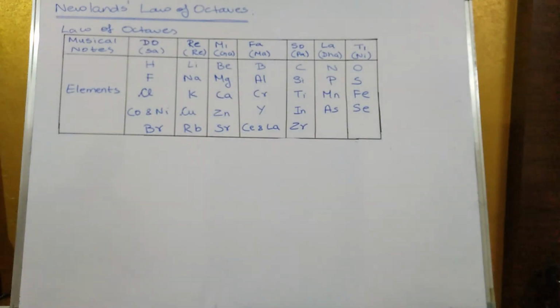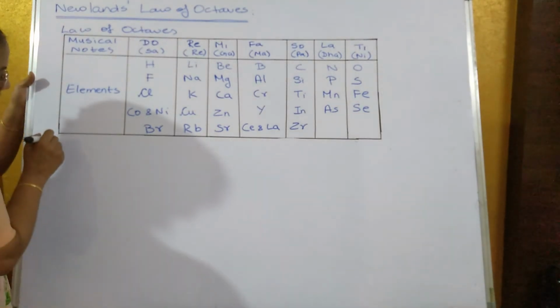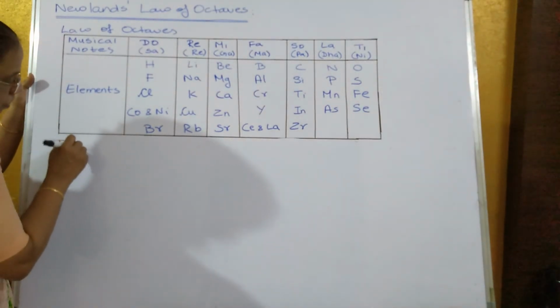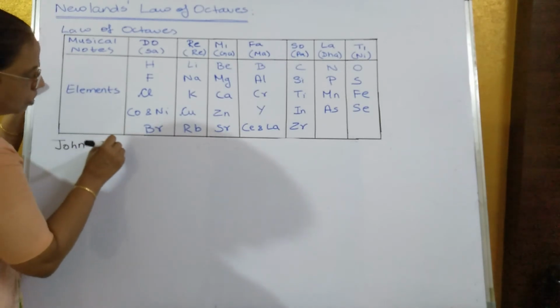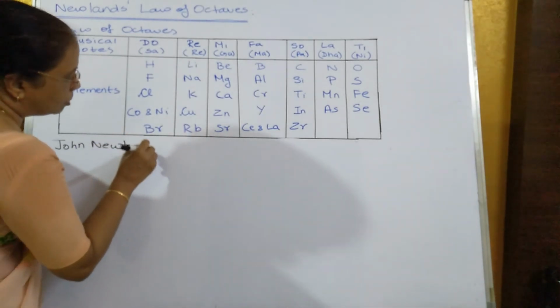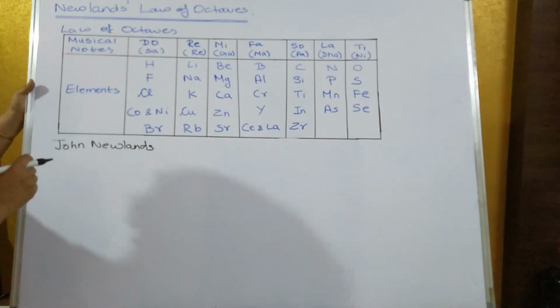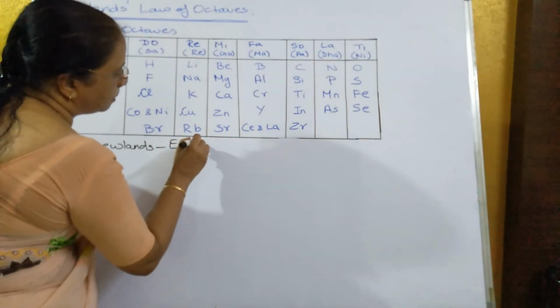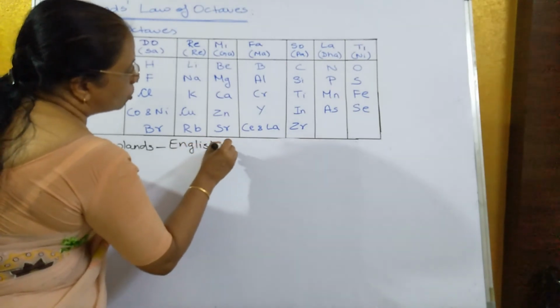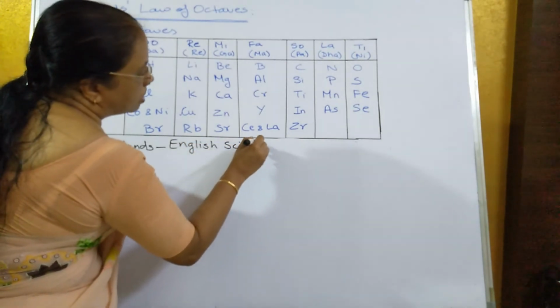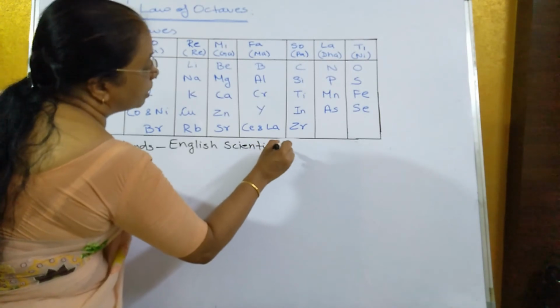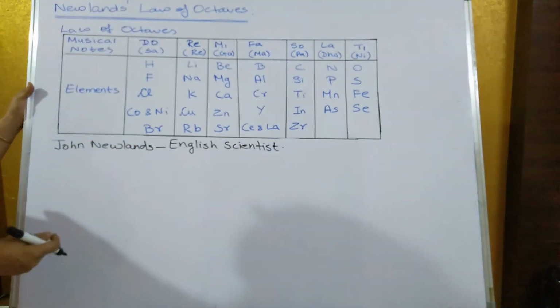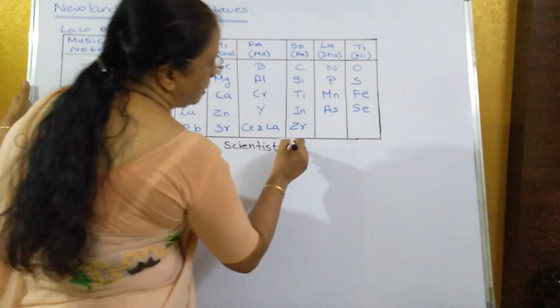Now the next scientist to arrange the elements, his name was John Newland. तो जो अगला साइंटिस्ट जो था जो अरेंज किया इन एलिमेंट्स को, उसका नाम था जॉन न्यूलैंड. He was an English scientist. He also related the atomic mass of the element to their properties, but he did it in a different way. He arranged in 1866,